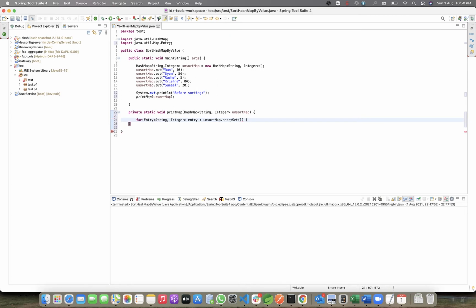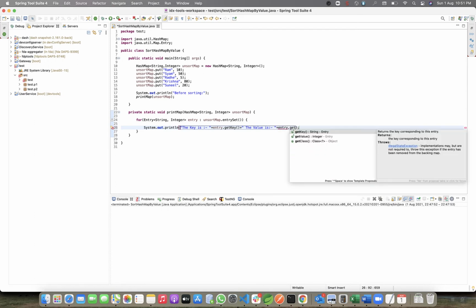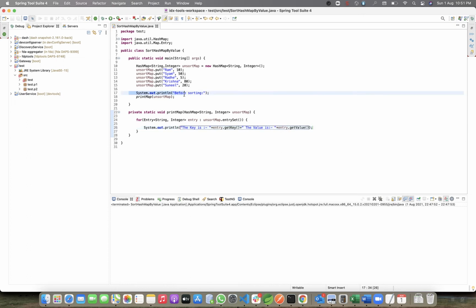Now we will loop around this and print the key, entry dot get key, and here will be the value, entry dot get value. In this way we'll print the map.